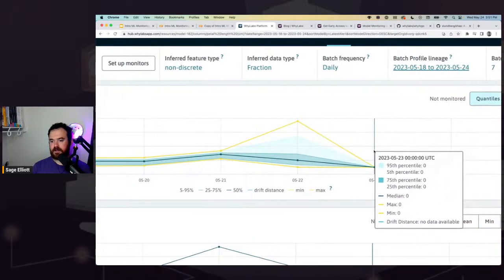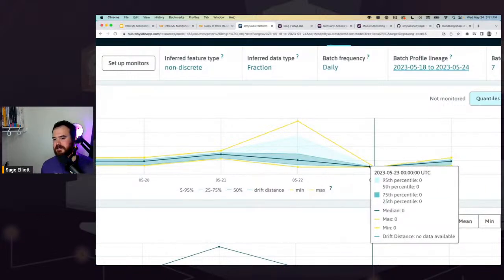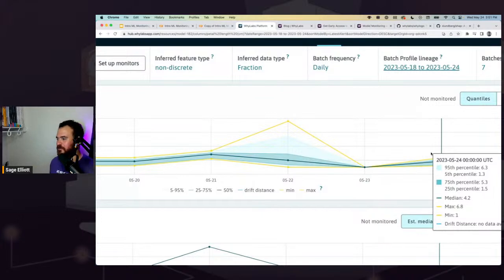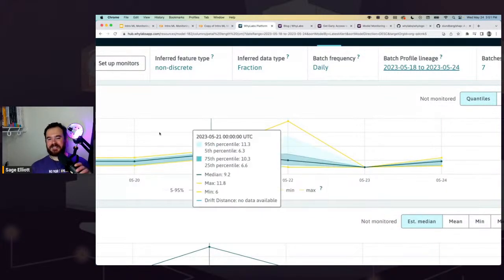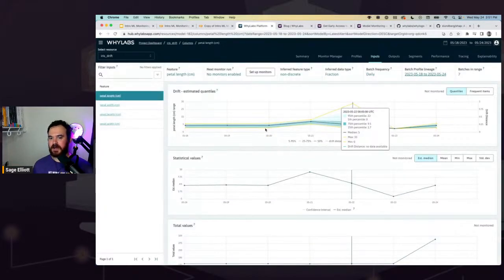And then this profile says all zeros, which is interesting because that probably means the min, the max, and the median are all zeros. That's pretty interesting. Someone said the flowers be wildin'. Yeah, so there's something going on here, whether the flowers are going crazy in themselves or we have some sort of data mismanagement, like it could be a data quality issue, etc.